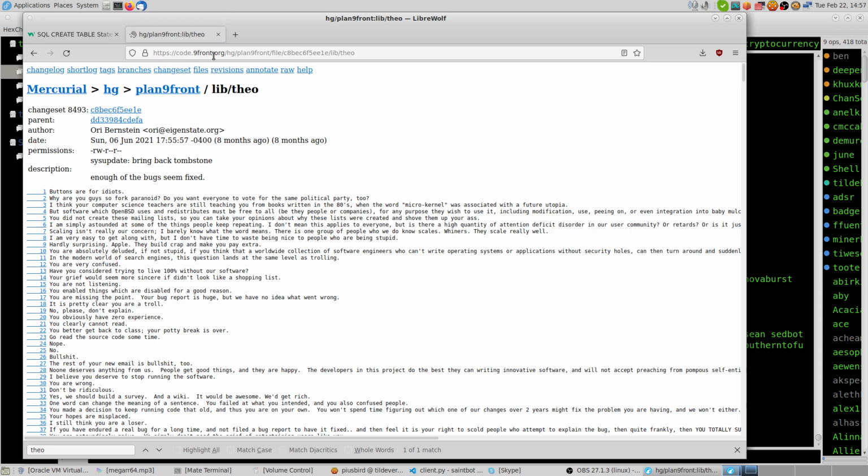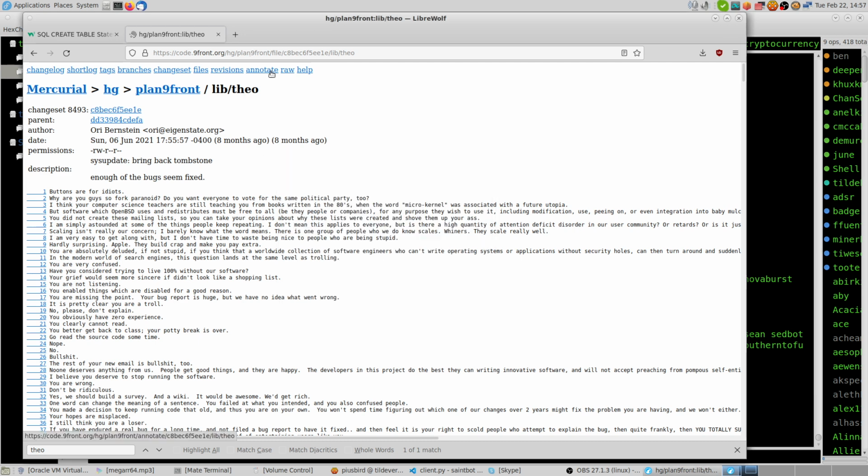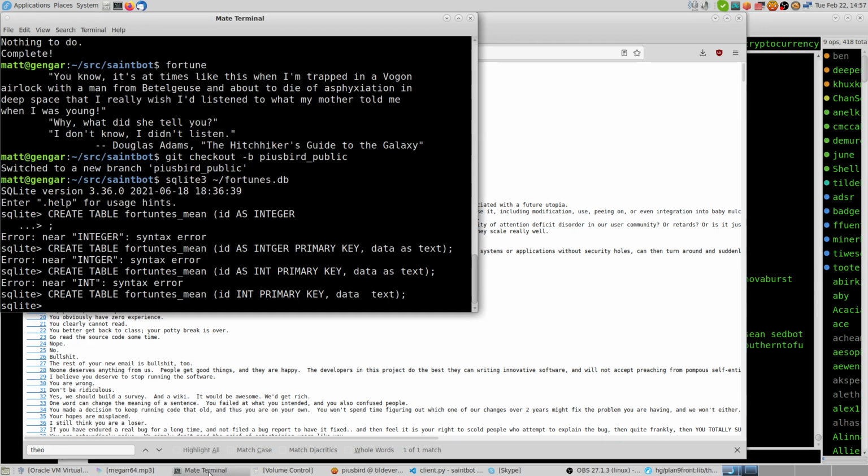And good old Ori Bernstein committed it, and we'll just do raw and copy link. And I should really be using tmux for this, but